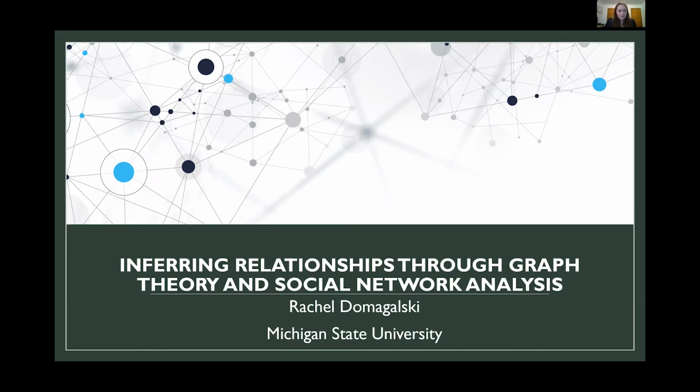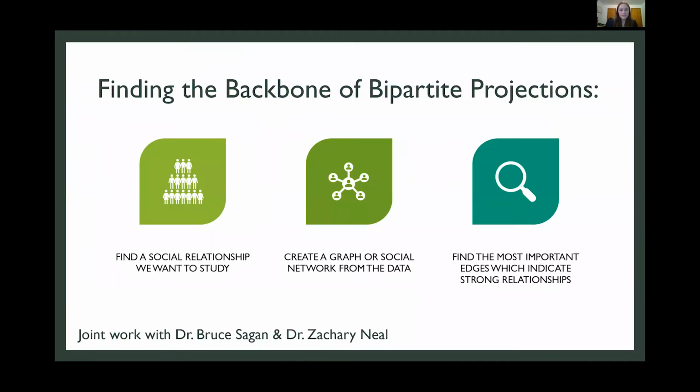And today I'm going to be talking about inferring relationships through graph theory and social network analysis. So what we're going to be focusing on today is how do we find the backbone of a bipartite projection? So we're going to get to what all of those words mean, but our main goals here are if we find some social relationship that we want to study, and then we represent it as a graph or a social network, how do we figure out which edges of that graph indicate strong relationships, and specifically strong positive relationships or